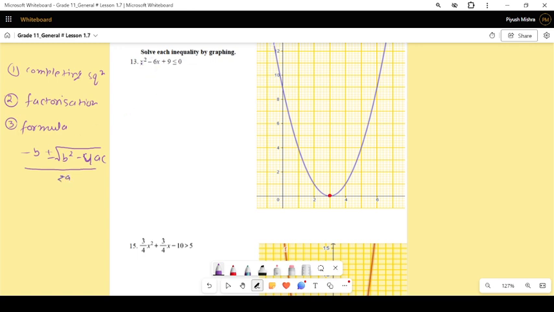For solving, I am going to factorize this one, using either the first, second or third method. Before starting this one, there are certain things which are important. I will be checking the inequality. If the function is less than or equal to 0, there will be two things. The first thing is that I will check the graph.